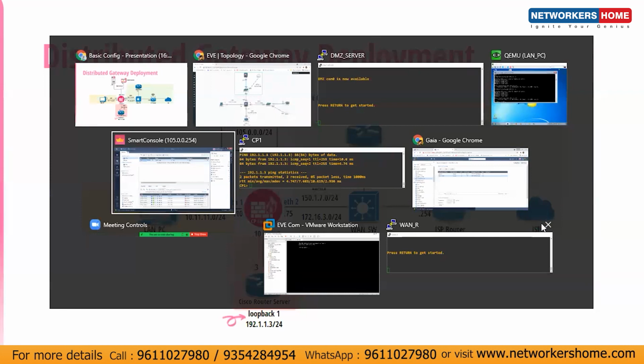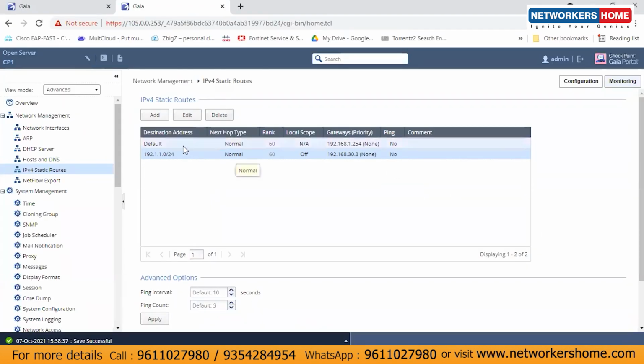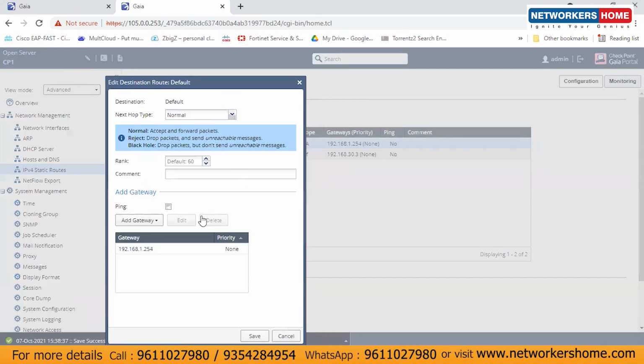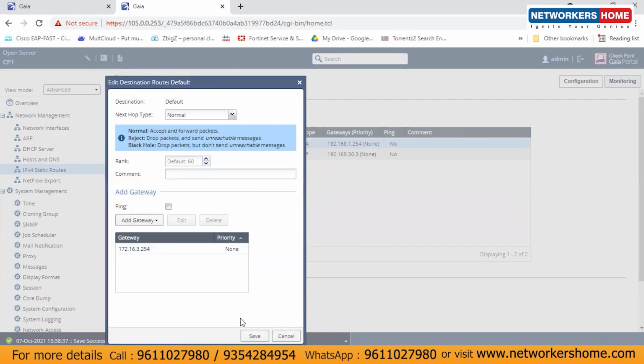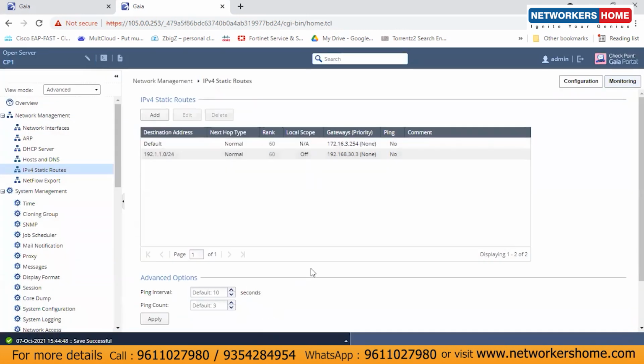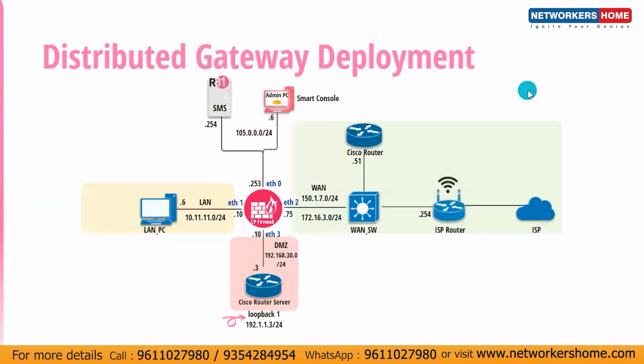I'll go to the Gaia portal. And in here, you can see by default there is a default route given. You can just double click on it, go to the gateway, edit it, and change the gateway. So my gateway is 172.16.3.254. I would say okay, click on save. And you can see my default route has been applied here. Okay. Now, if you come to your checkpoint firewall,